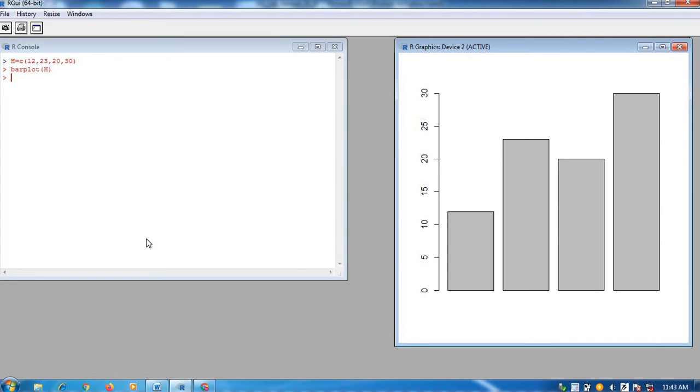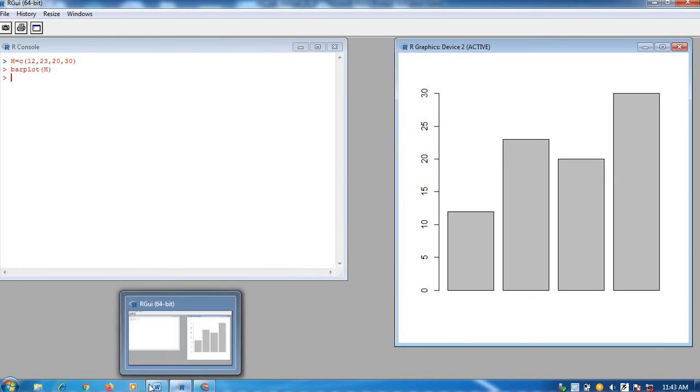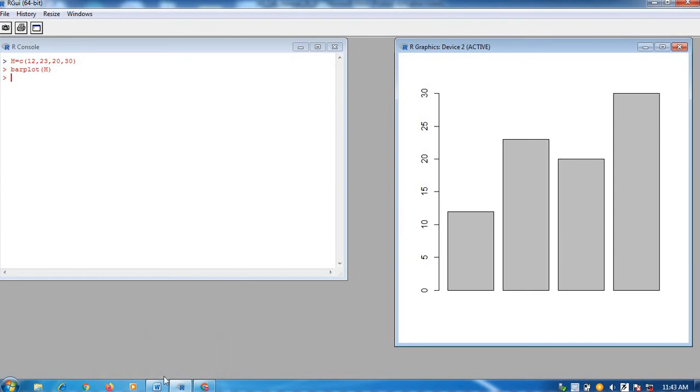Now you can see, if you don't use any of the parameters, it is just plotting a bar plot with gray bars, and the height of the bars corresponds to the values present in the data set, that is this vector, 12, then 23, like this. Now we will decorate this by using multiple options.